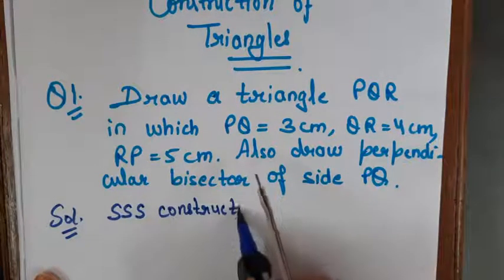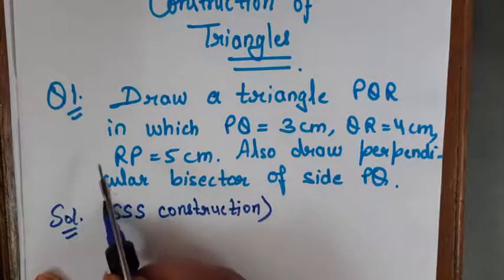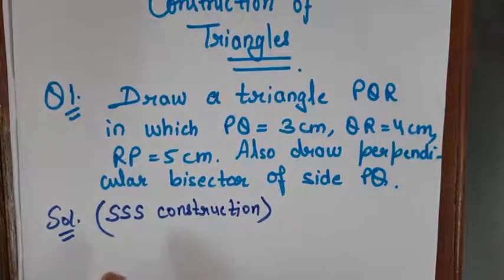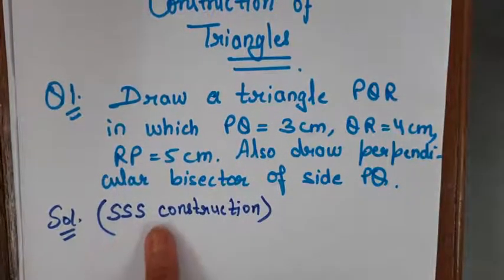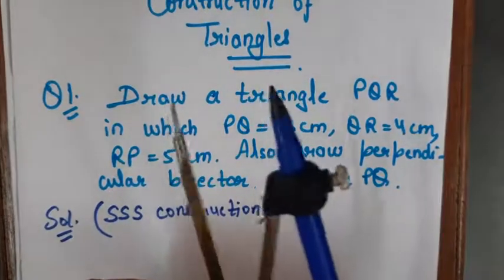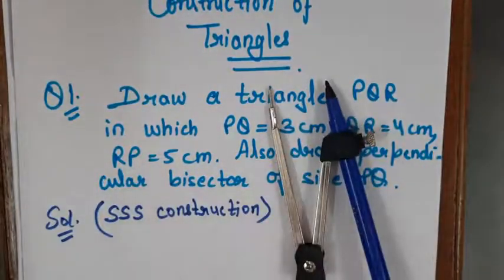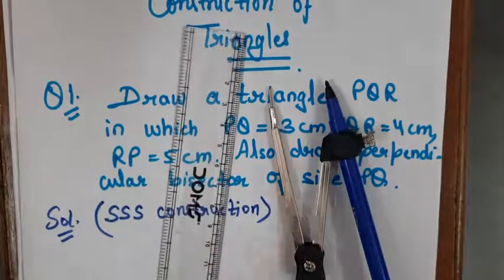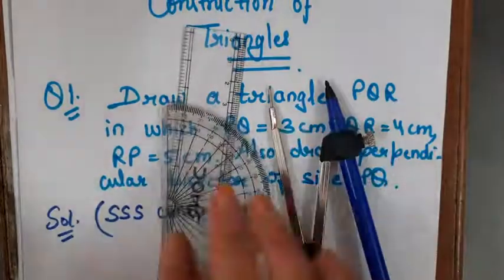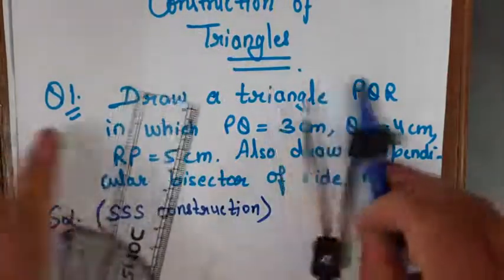Right? As all the three sides are given, you know that to draw a triangle we need three components, and here three sides are given. Okay, all you need is a compass, a pencil. You will draw the triangle with pencil only, a scale and protractor if required, and eraser, sharpener of course, right?